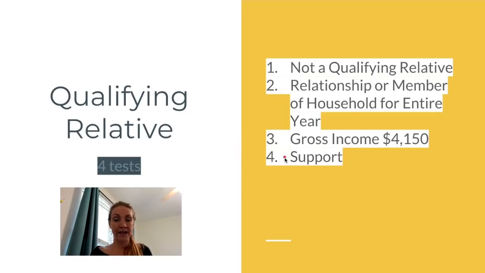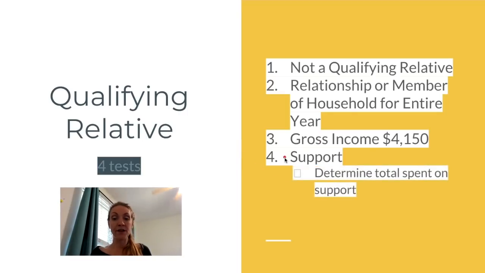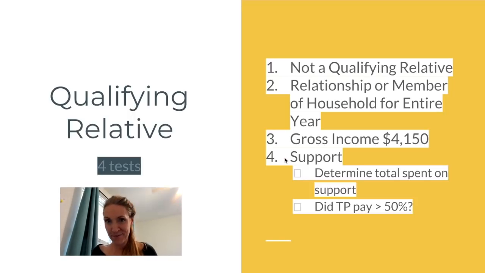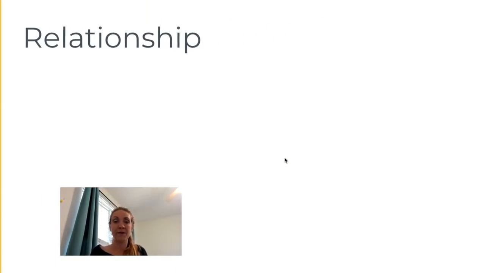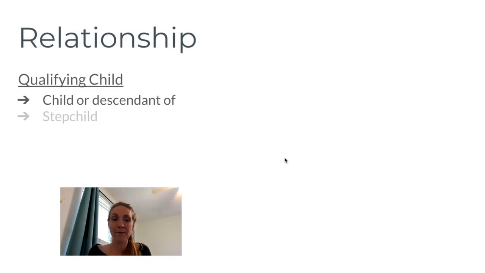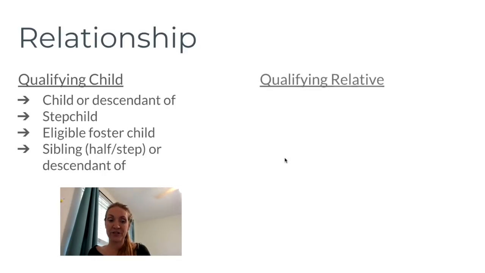Now the support test, which is going to be a little different. You determine total support. Did the taxpayer pay 50% this time instead of the dependent? So that could be a little harder to meet, but if you truly have someone as a dependent, it shouldn't be a problem. So the relationship, I just want to compare the qualifying child, which we just went over, to